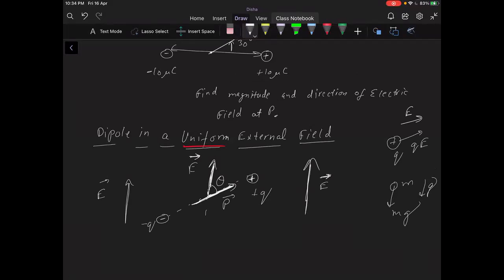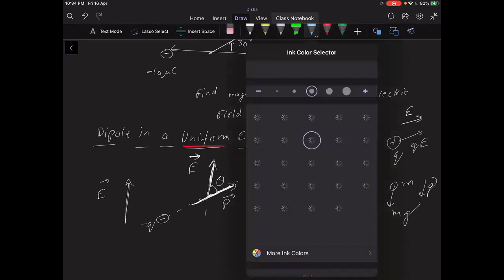Just like a leaf in a river might get drifted away by the water flow, or a feather in the air, a pollen grain might get drifted with the air. Similarly, this charge which is present in space, if it encounters a field, it will get drifted along with the field, like wind is blowing or water is flowing. Okay, so if you didn't find that poetic, it's totally fine.